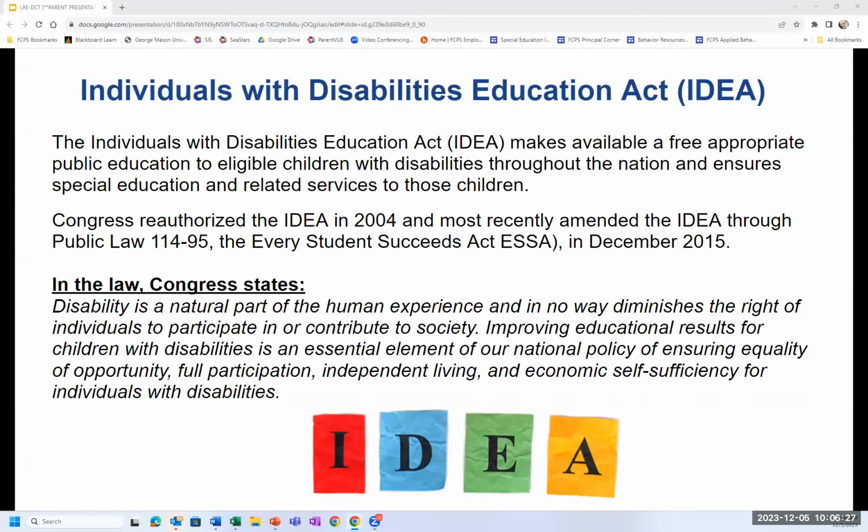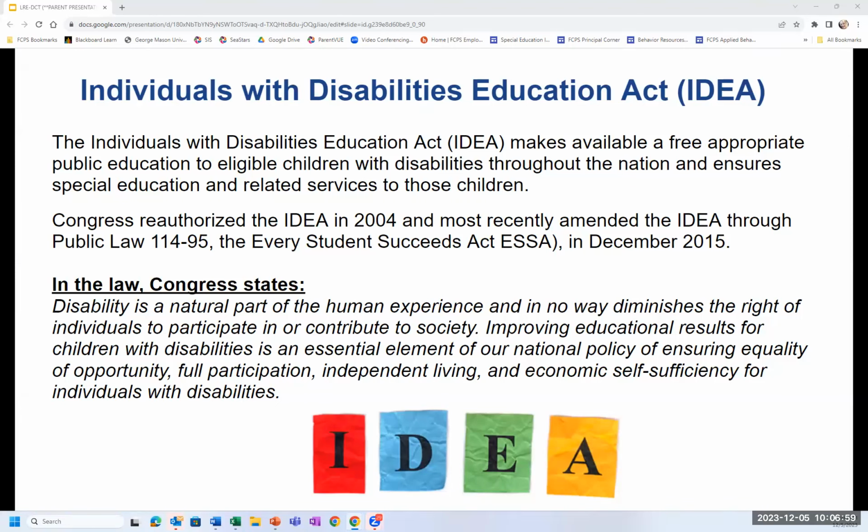So on this slide, I am providing an overview of IDEA. LRE, or the least restrictive environment, is a guiding principle in the Individuals with Disabilities Education Act. And LRE does play a critical role in determining not only where a student will spend their time in school, but also how special education services will be provided.